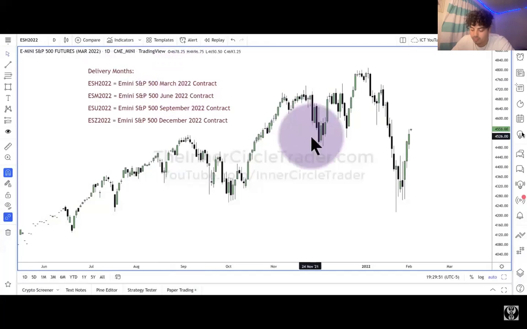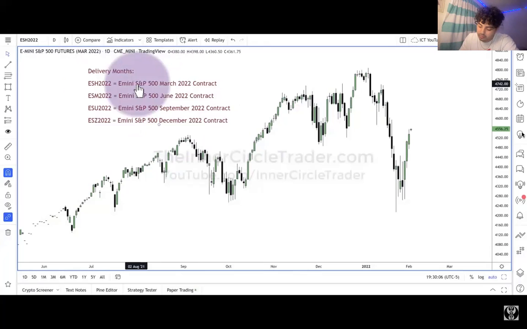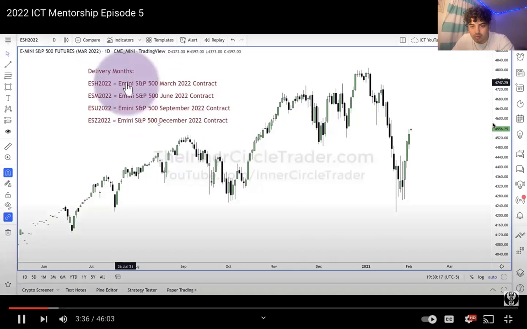Okay. Since they expire, it's important for you to know that the third Friday of the month of delivery, which is obviously in this example here, March, the third Friday of that month is expiration. You do not want to be trading after expiration. And the question is going to be is when do I start trading the next month out? Okay, this is always going to be the front month or the current month or